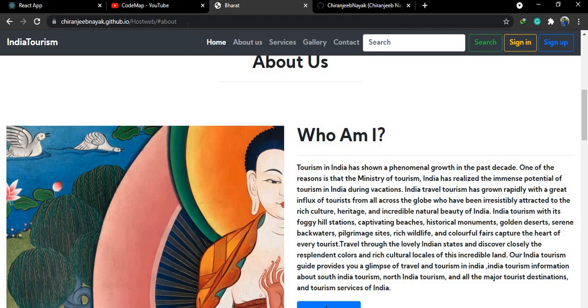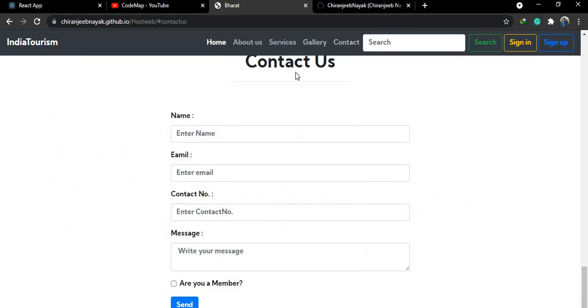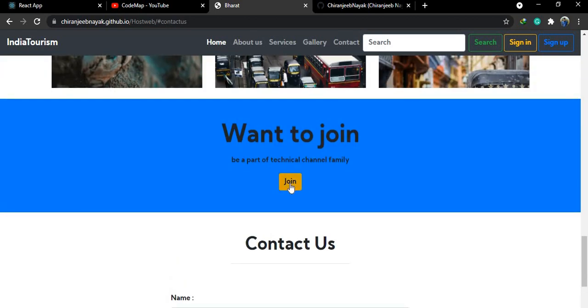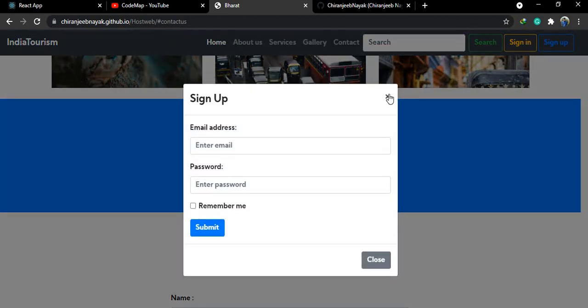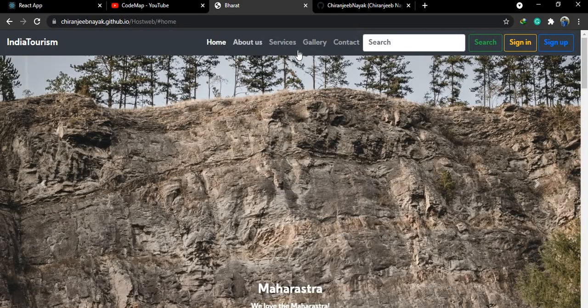Here you can see there is an about us, a gallery, a contact, and a pop-up, which is quite good. This is all the information about a simple website, and we will go on to host this website on the internet.